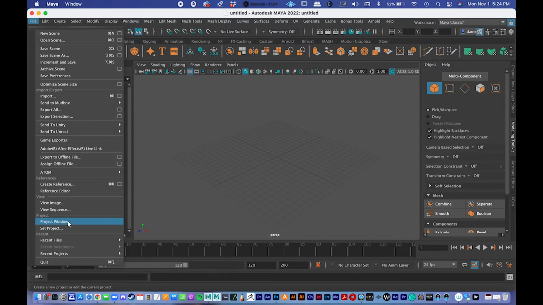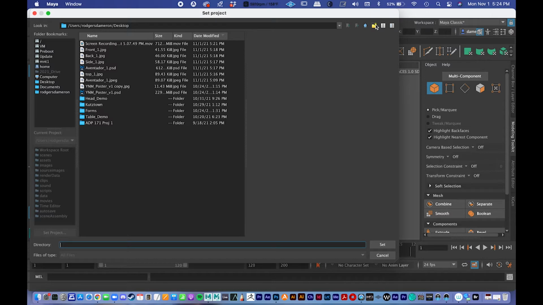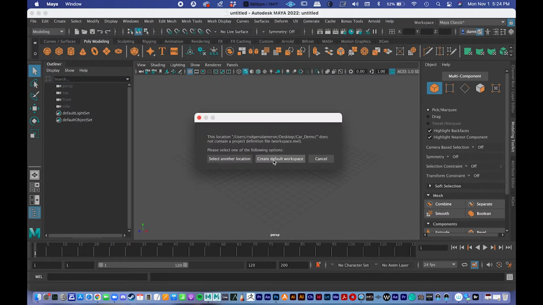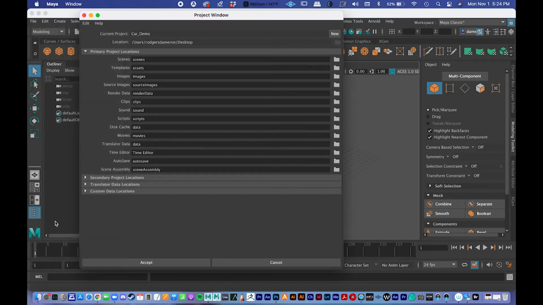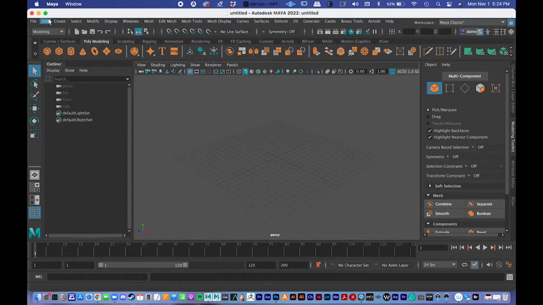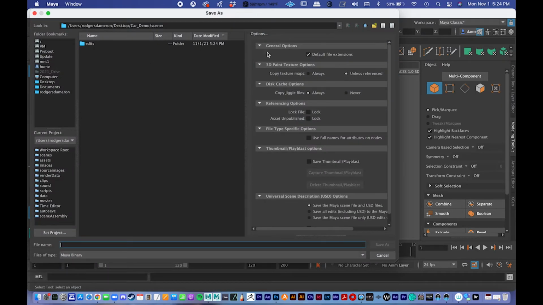So I'll go to File, Set Project, and I'm going to make a new folder here by pressing the yellow Create New Folder button. I'll call this car, and this car demo. And have it selected blue right there and press Set. Default workspace. And then next I'll do step 2, File, Project Window. Press Accept. Then finally, step 3, I'll go to File, Save Scene As, make sure that's in the right place, call this car,